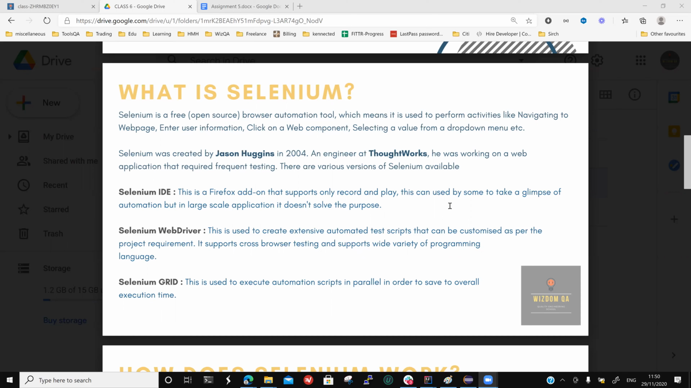But it is not something that can give you an experience of enterprise level automation. You can create some basic test cases just for the understanding of how automation works. But Selenium IDE is not something that can be used to create a maintainable test automation framework. No, you cannot do it with that. So then